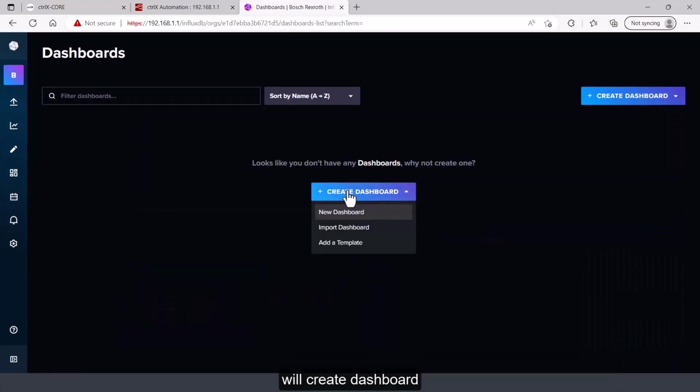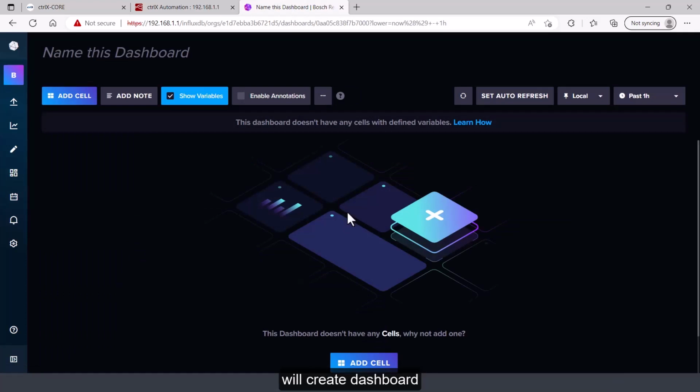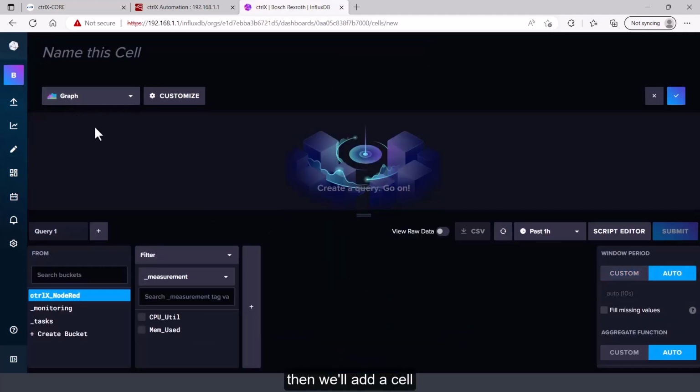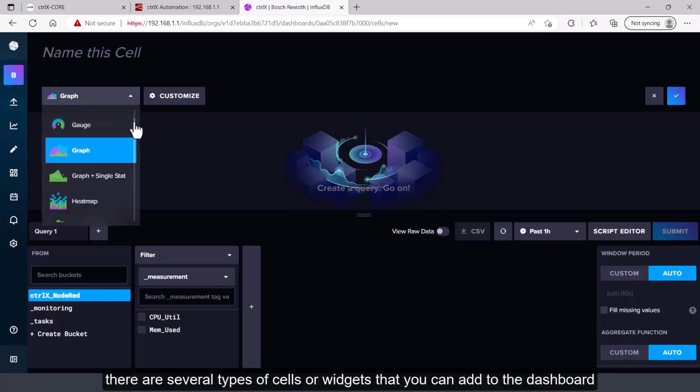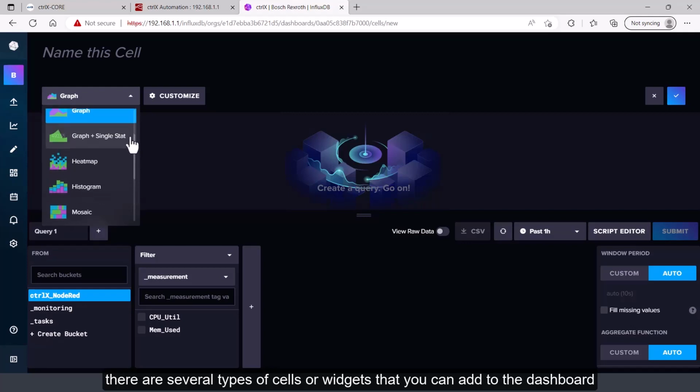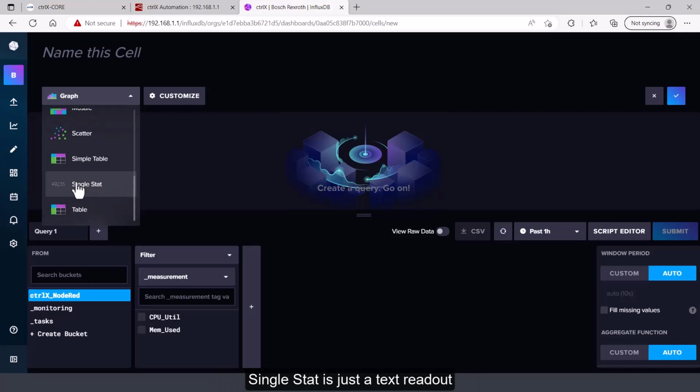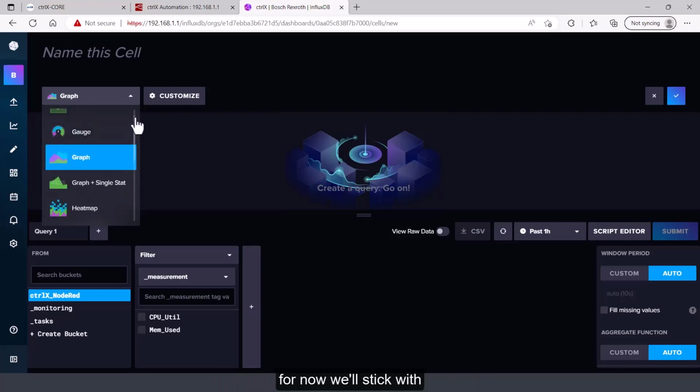So we'll create dashboard. We'll call this ctrlX. And then we'll add a cell. There's several types of cells or widgets that you can add to the dashboard, including graphs, heat maps, histograms. Single stat is just a text readout. For now we'll stick with graph,